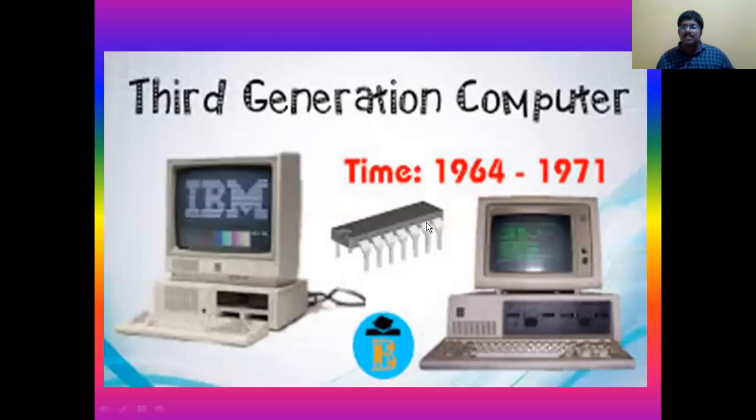An IC will look like this. These ICs were implemented or used in the third generation. The third generation lasts from 1964 to 1971. Okay, so in the third generation,